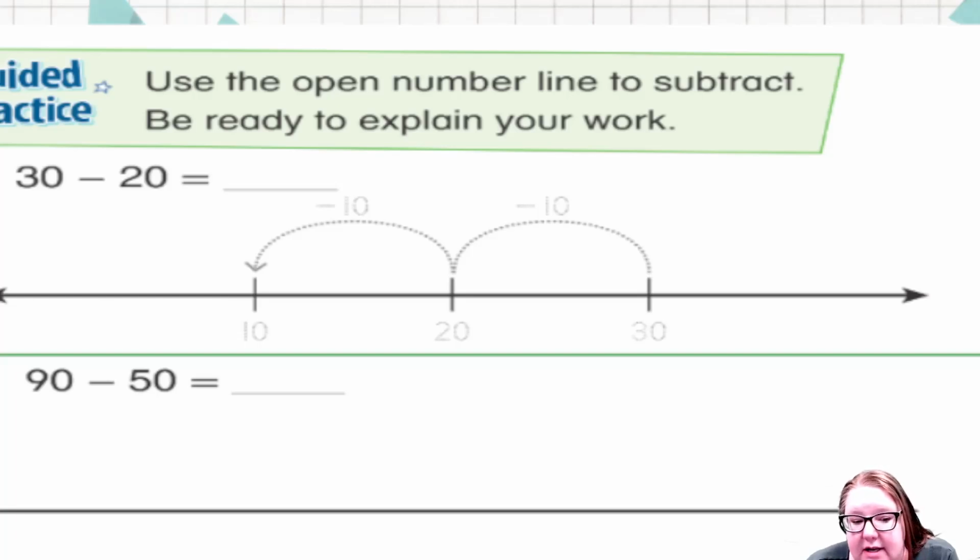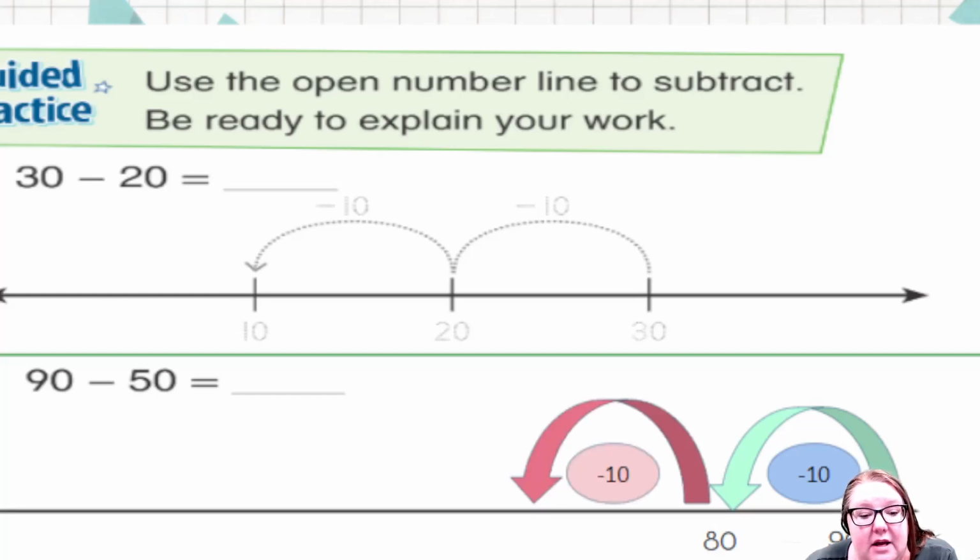We'll do it with a second example too. We'll start with the biggest number like we always do when we subtract. 90, we're going to put that on our number line here, and then we're going to count back by tens. We're going to go minus 10, that is 80. We're going to go back another 10, that's 70. Another 10, 60,